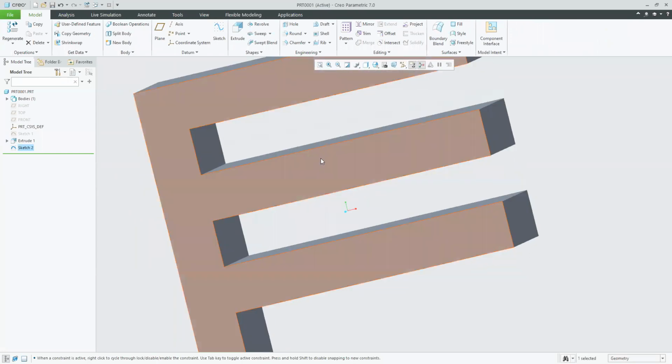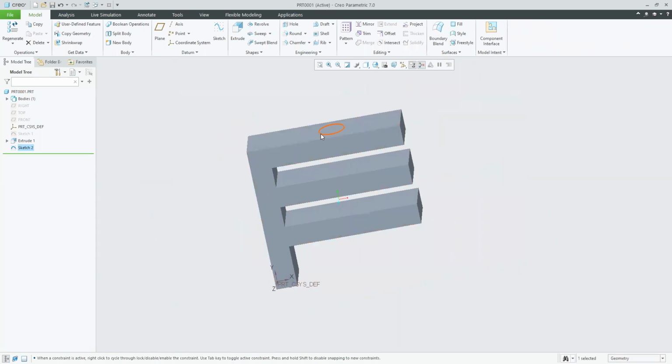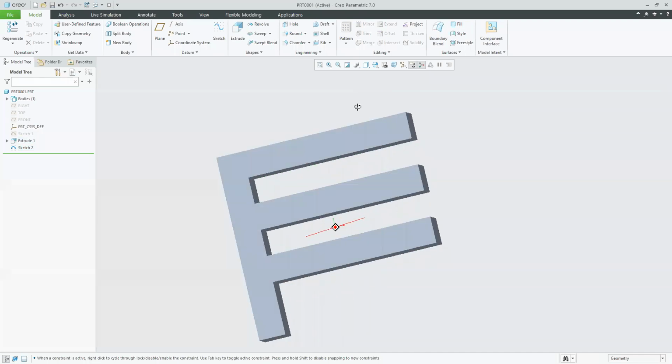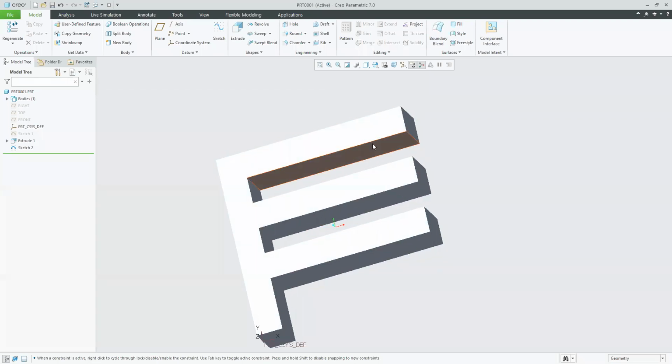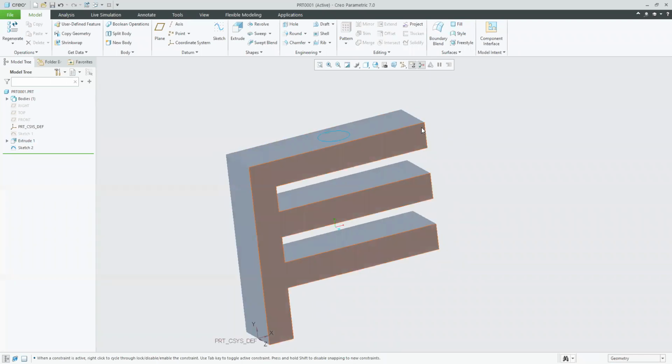Now the new guys are going to answer. This is for a hole I have prepared. I am going to drill that hole, and that hole should be till this location. Are you getting my question? Yes, sir. This is for the hole I have created, and this hole should be till this location. So what I need to do is find out the distance from this edge to this edge.